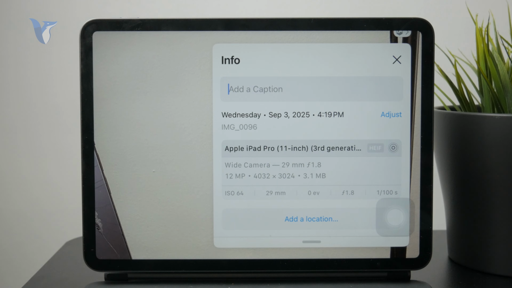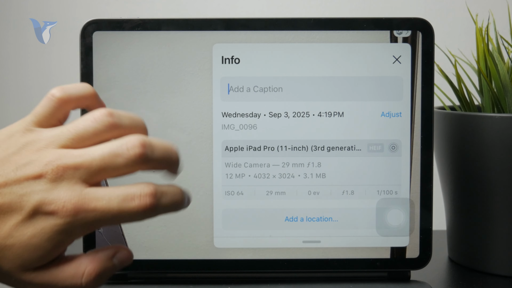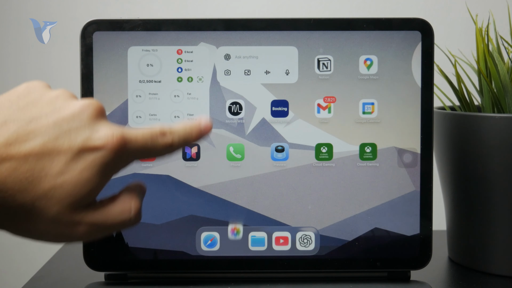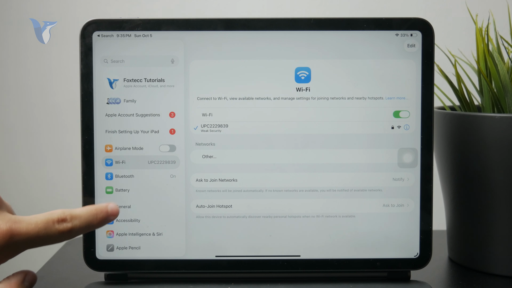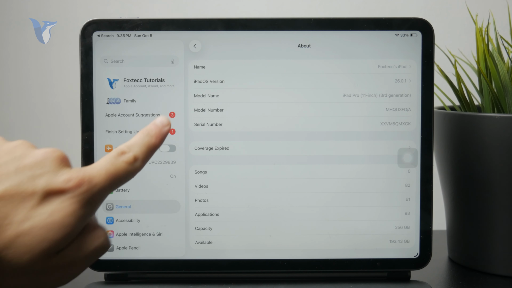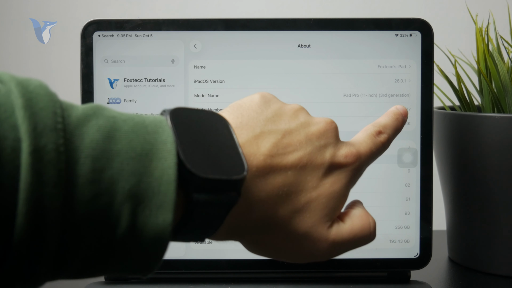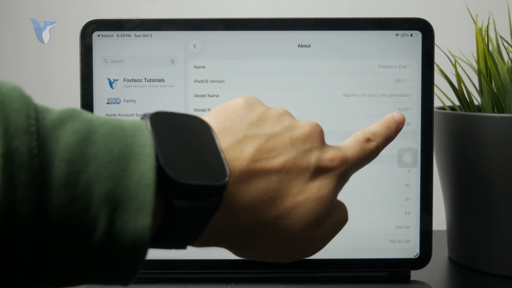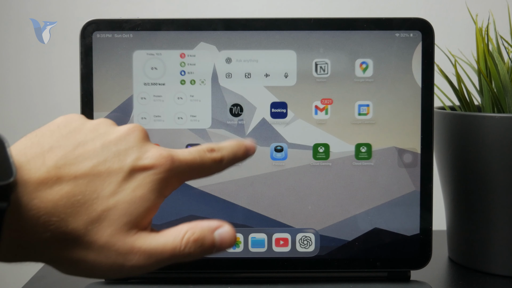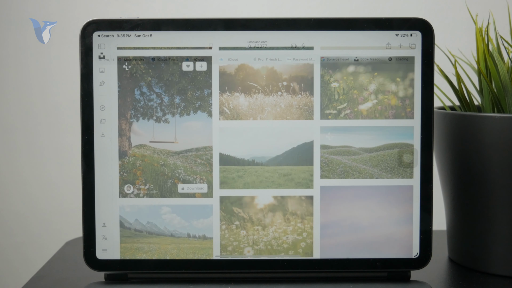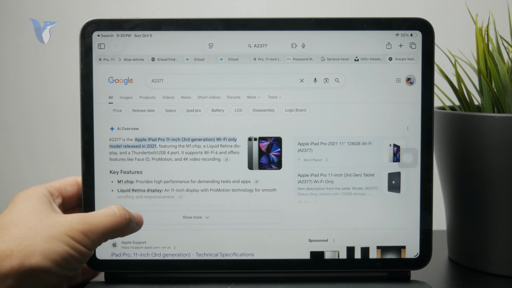But if you need to know the resolution of your screen, you can also find it by going into the settings, tapping on General, then About, and just pay attention to the model number. You can tap on it so it gets shorter, and a different number appears. For me, it is A2377. And I can easily type that into Google search and get all of the extensive information about my